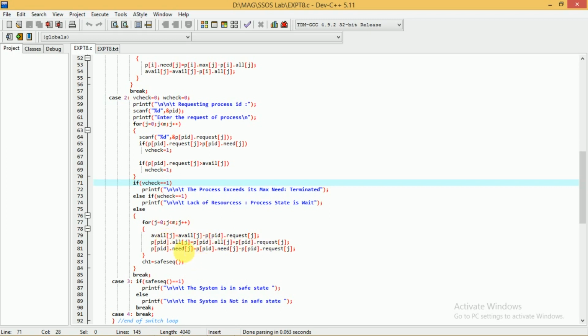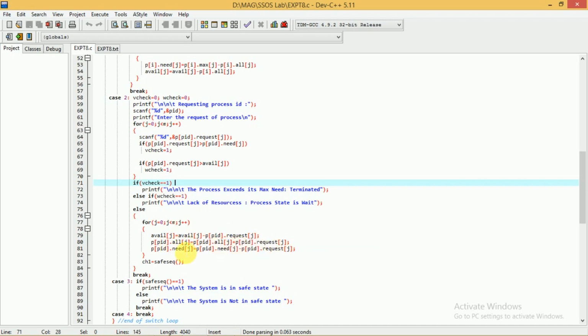Similarly, in the allocation matrix we have the information of how many instances are allocated to the corresponding process with respect to every resource. Here you have allocated j number of new instances, so to the old value of allocation we add the new value of the request to update the allocation matrix.